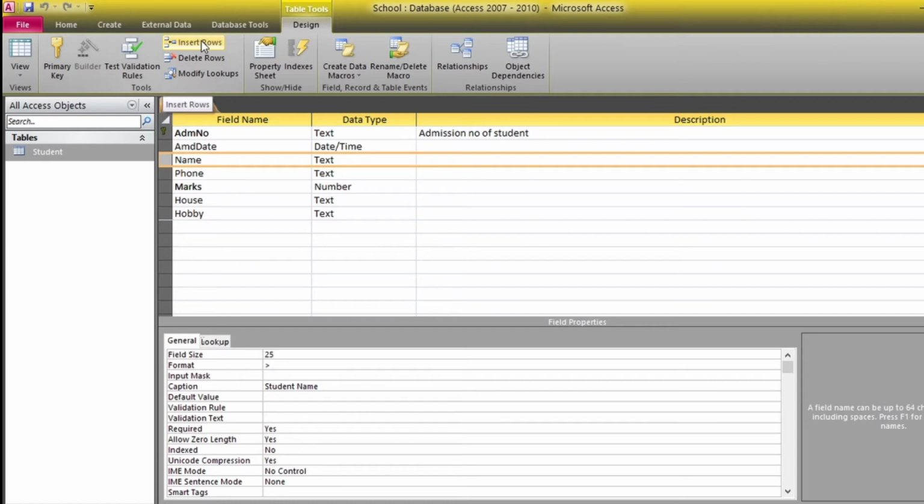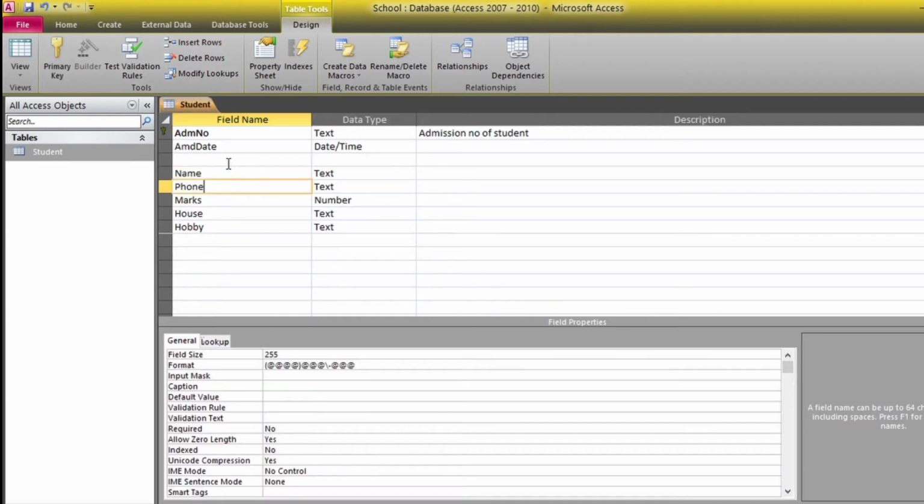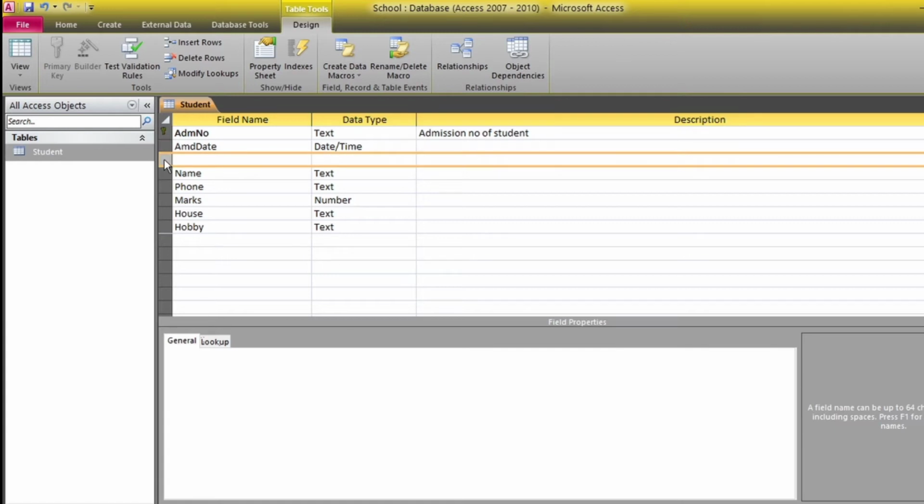When we click insert, one new field will be inserted. As this field is inserted above the name, but we need it after the name, we can select the field and drag it down. So now it's moved